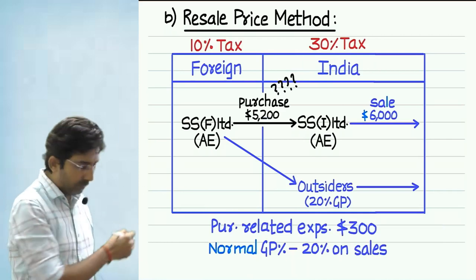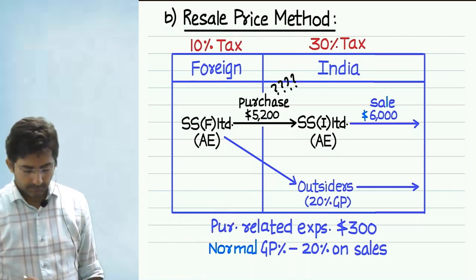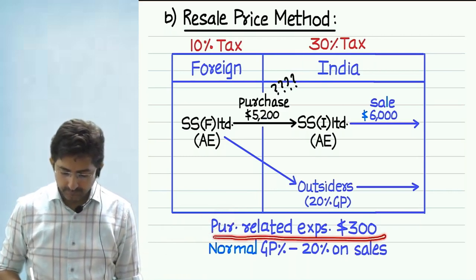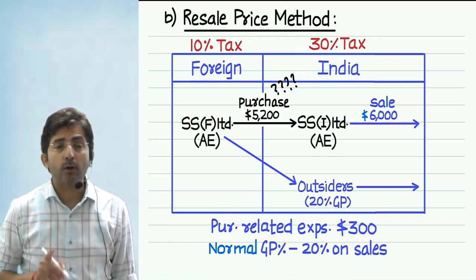Can you see below? I have written this thing. This will be provided in the sum. What is this purchase related expense? You are thinking from whose point of view? Korea or India? India. So when India has to purchase